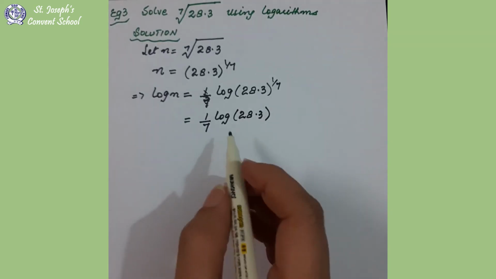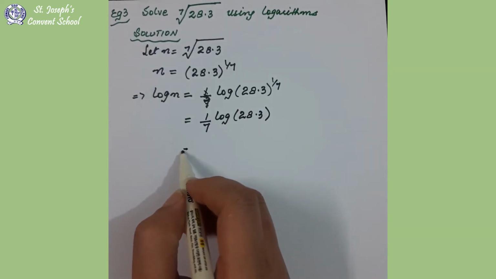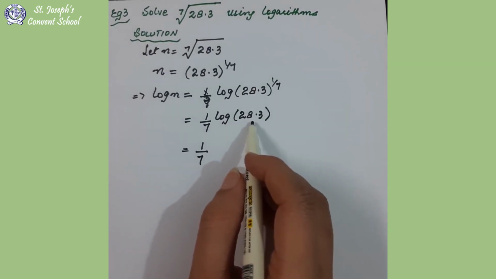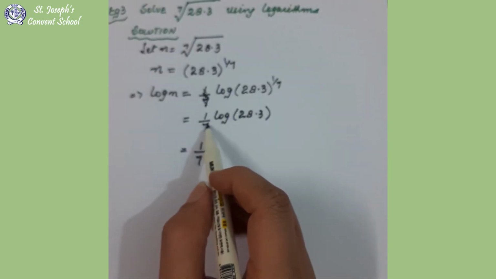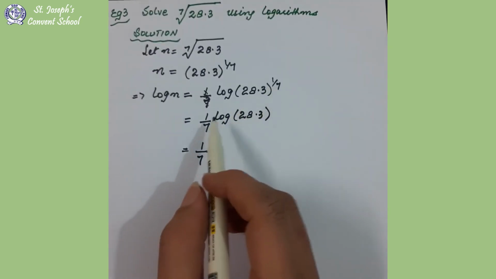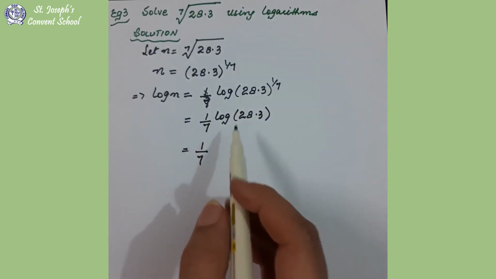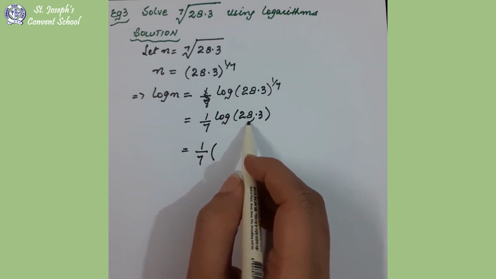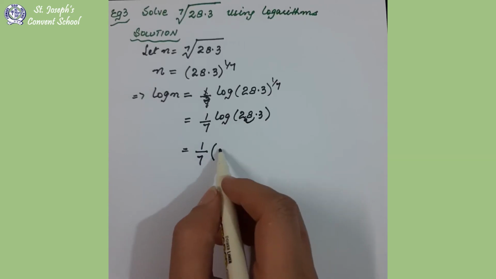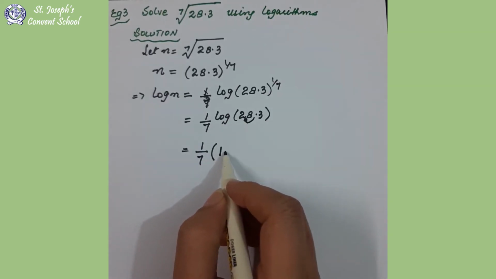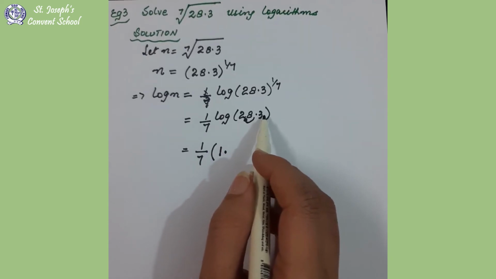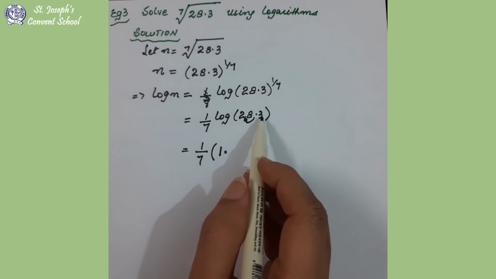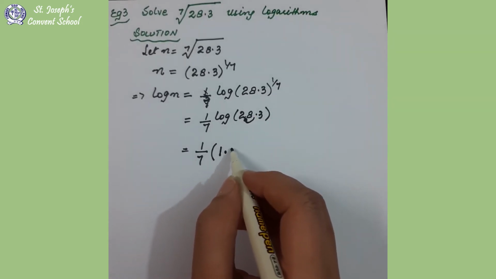Okay. Now we will solve this part. 1 upon 7 will remain as it is. Find the log of this number. Okay, second step. First step is we have applied the law here. According to the law, power will come before log. Now the second step is to find the log of this number. You can directly find it. Decimal will shift here after first digit. So characteristic is 1 and point. Check 28 in column 3. In log table we are finding log, so 28 column 3 value will come